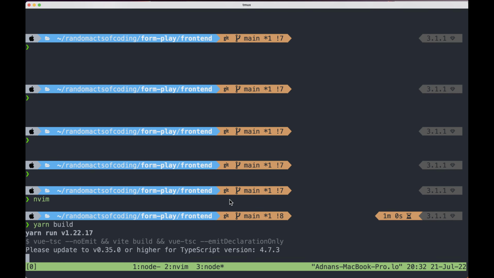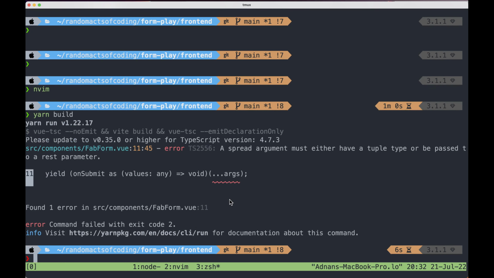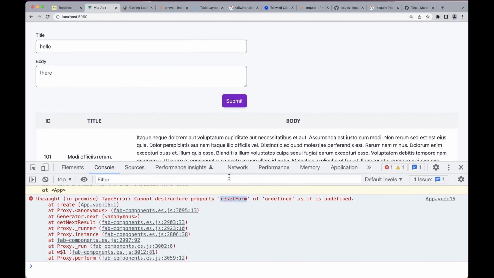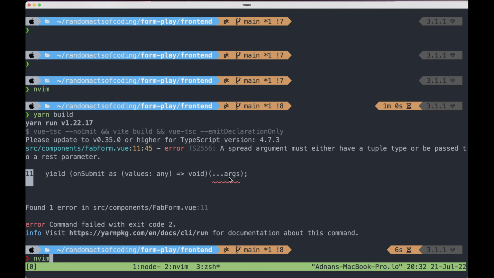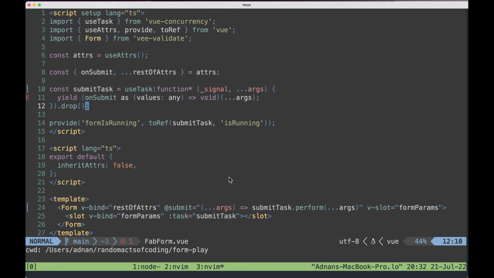If it doesn't, then I'll just give up. I can't do values any and then do this here. So let's fix that. Right when I was on the verge of just giving up,